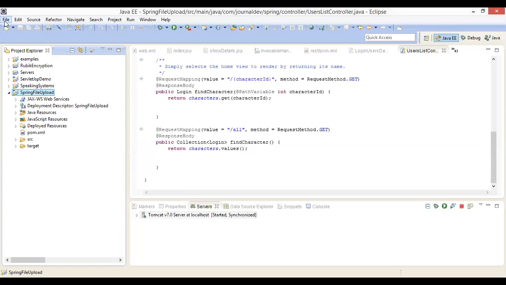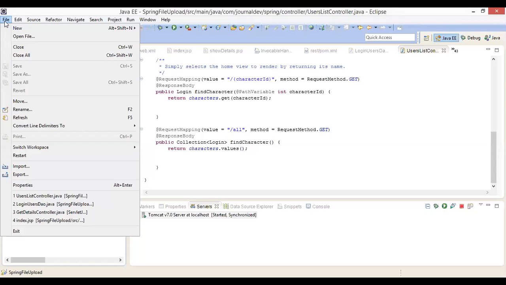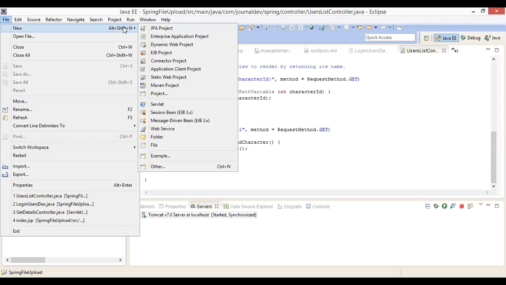So when you want to create a project like this in Eclipse, what you have to do is you go to the File menu, and in the File menu, you go to New Project. So it should be usually in the form of a Maven project. What does this Maven project mean?